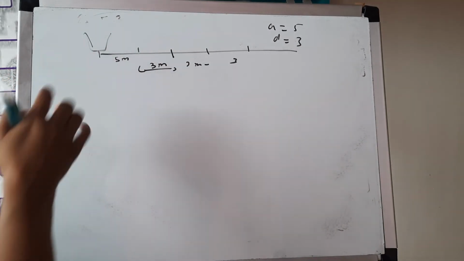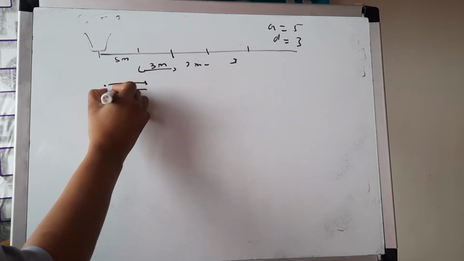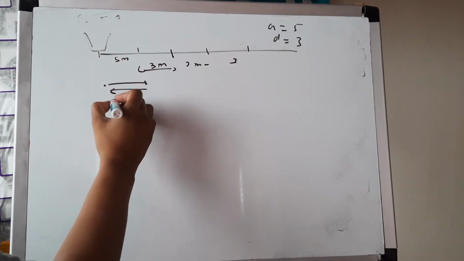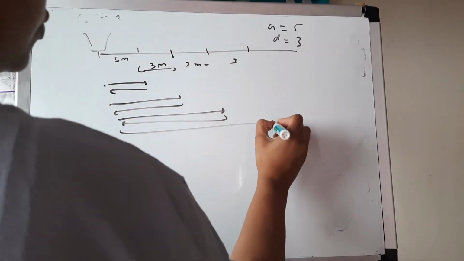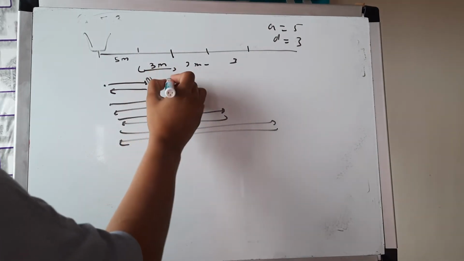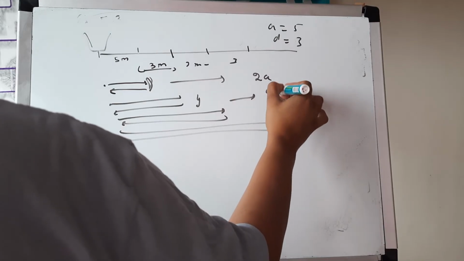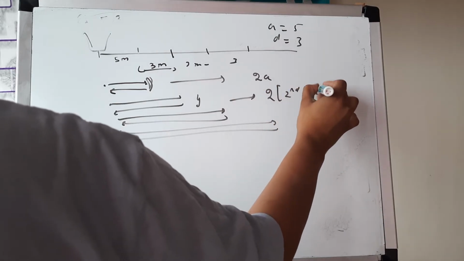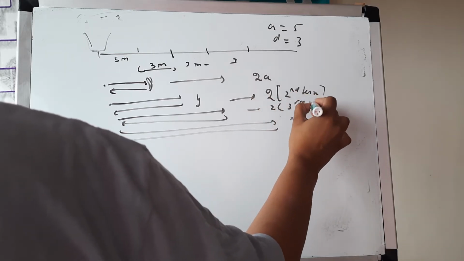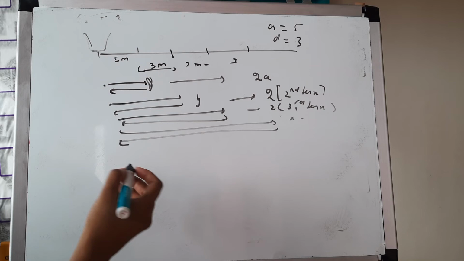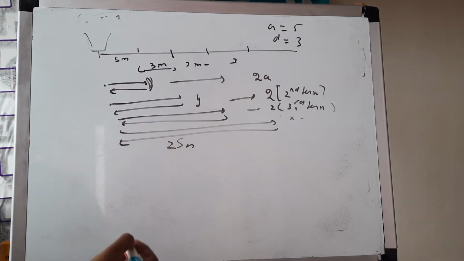A competitor starts from the bucket. यहाँ से a person starts, goes to this, then again comes back this, picks the potato, puts in the bucket, then again goes from this to this, comes back, then again goes from this to this, comes back. What is this? If I look at it in this 2a, what is this? Twice second term. What is this? Twice third term. अगर हमें इसका सबका, if you want to add it, तो 2 तो सबका ही है, बाकी तो जस्ट SN. It's basically 2SN that we need to find out.